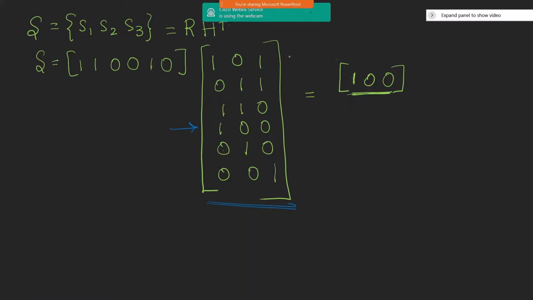So you can check over here. This is the first row, second row, third row, fourth row, fifth row, sixth row. The resultant of this syndrome that we have obtained will be pointing to the fourth row in the transpose of the parity check matrix H. Therefore, we can say that the fourth bit in the received vector is in error. So this will tell us the fourth bit in the received vector is in error.